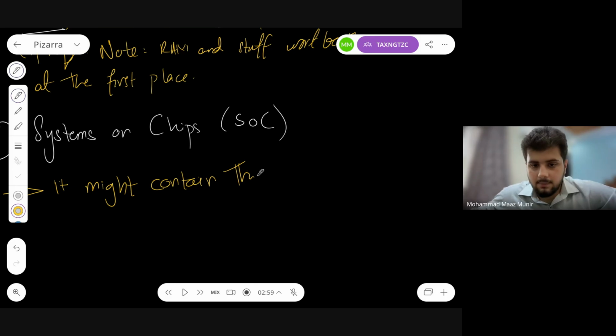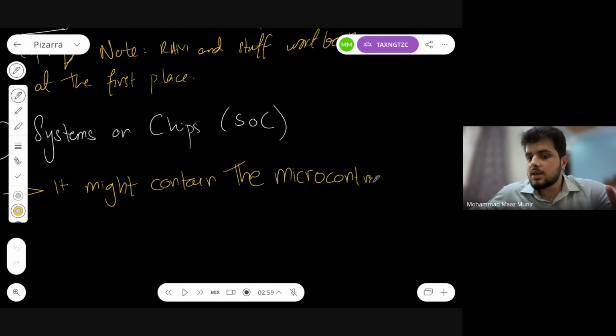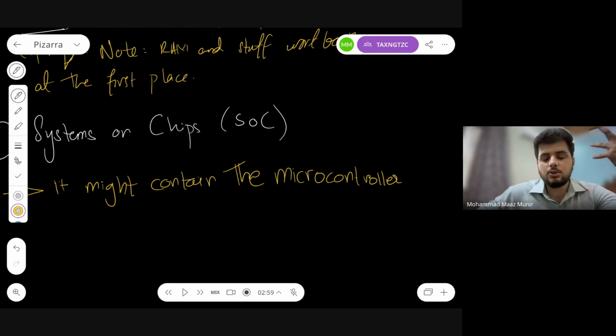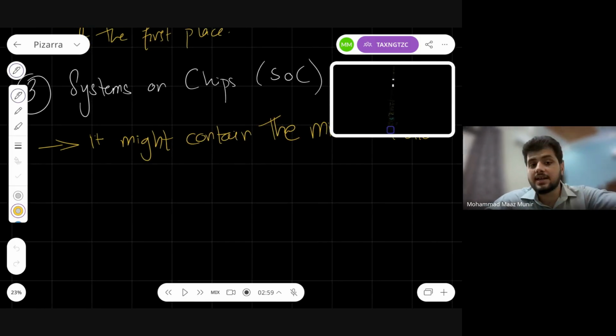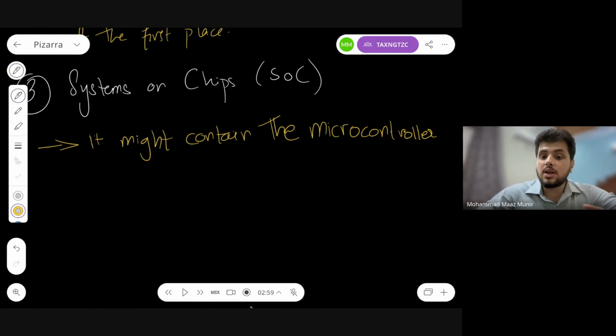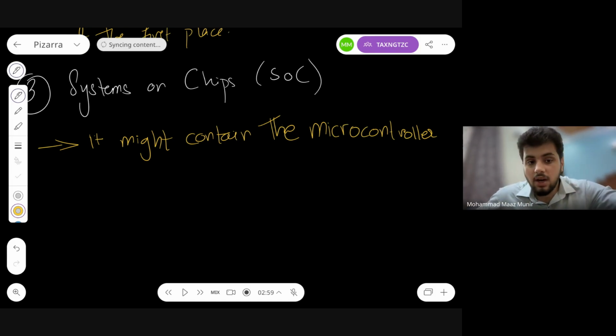It might contain the microcontroller. So जो आपका माइक्रो कंट्रोलर है, जो हमने ओरिजिनली सबसे पहले पढ़ा था, वो इसके अंदर शायद बिल्ट इन आता हो. So we are basically doing what? We are trying to upgrade the microcontroller. So we had the microcontroller which has your RAM, which has ROM and other peripheral devices, और उसको अब हम upgrade करें. How? अब जब microcontroller के अंदर हम बाकी चीजें include करते हैं ना, we are going to be including further more components. It might contain the microcontroller, and then when you add,